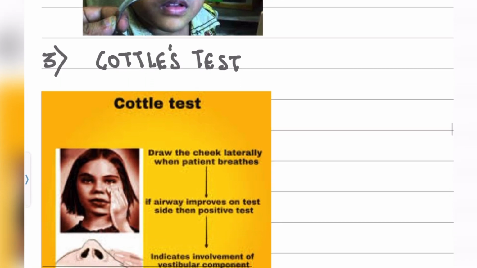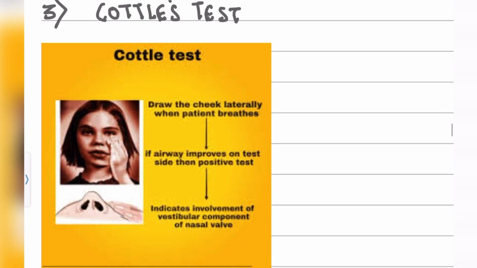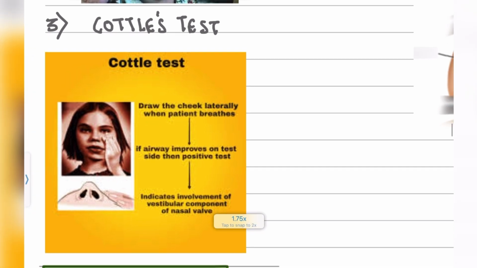Now the next test is very famous, the Cottle's test, in which we draw the nasolabial fold laterally. So we draw the cheek of the patient laterally and ask the patient to breathe. If the patient says that the breathing or respiration improves, it indicates the involvement of the vestibular component of the